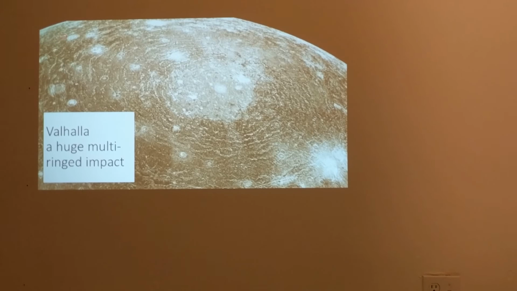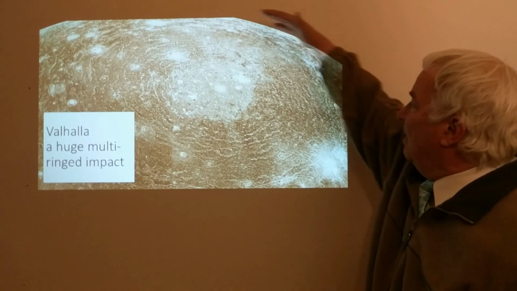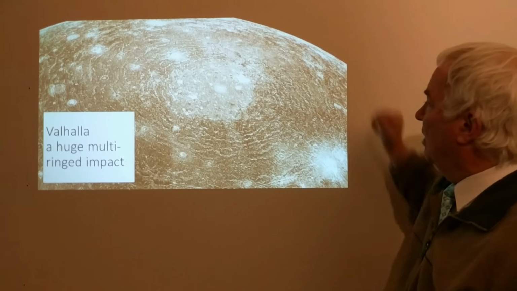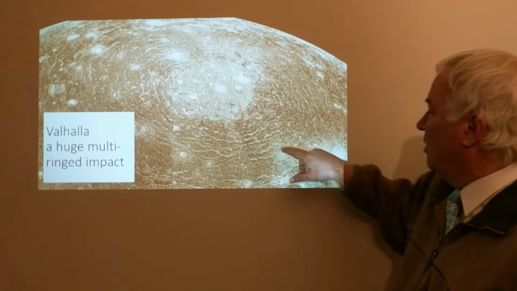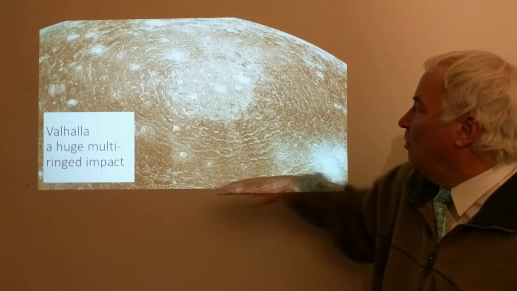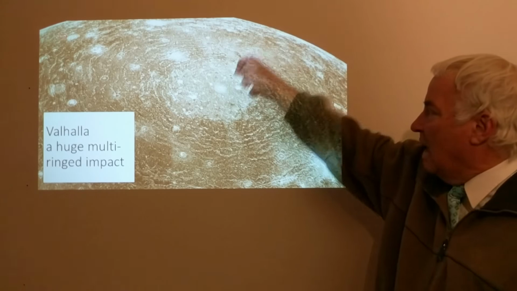And we can see the famous Valhalla crater, which is a huge multi-ring impact feature. We can tell that this is the limb of the moon, so it's this very large feature, and there are rings that go out very, very far away. And we have to remember this is all ice, and an impact here